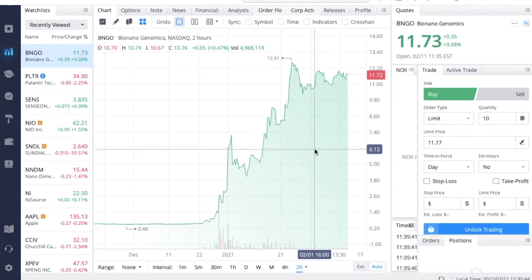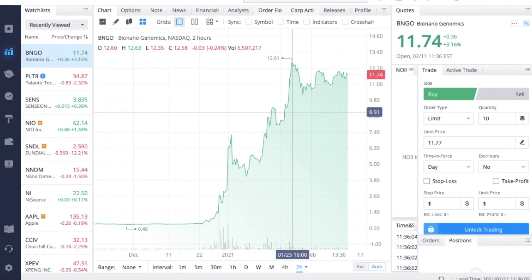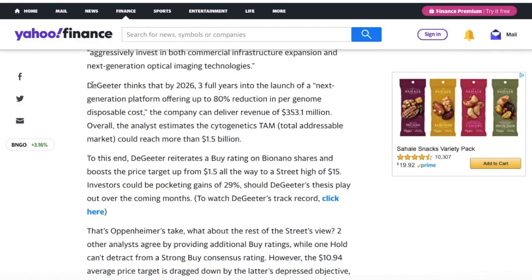Now, the first thing we need to talk about is the most recent price target raise that Bionano Genomics received, and it was actually a 900% increase in the price target that this company had for Bionano Genomics. The previous price target that this company had was $1.50, and they have recently raised that price target to $15. So if we come over to this article, we can see that DeGeeter, the Oppenheimer analyst, thinks that by